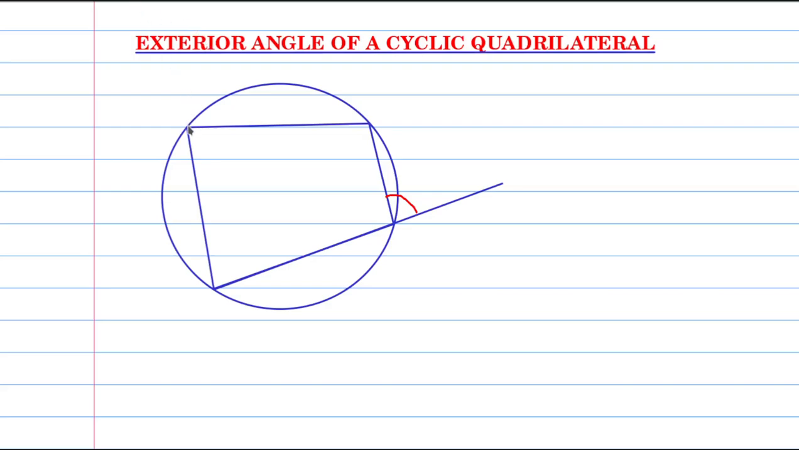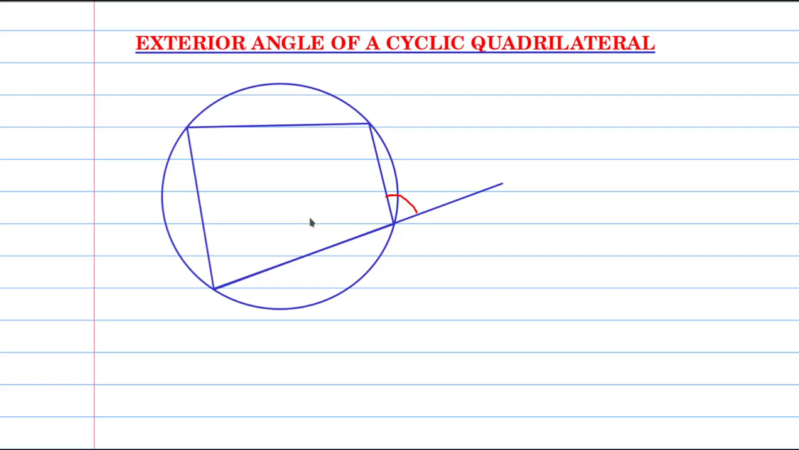Another one can be there. Let's extend this side like that. Then this is the exterior angle. Another one can be there, just like that. That's the exterior angle of the cyclic quadrilateral. Then our topic for today, we want to explore the relationship between this angle together with the interior angles, if any